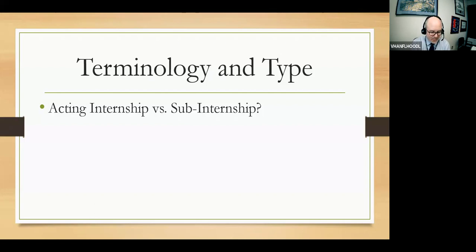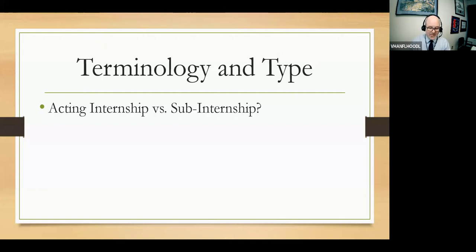lot more. I inherited the term subinternship at UF, but I'm actually working this year to try to change it to acting internship. And it may be semantics, it is semantics, I guess, but I occasionally have a student who the resident will relegate to an intern to work with. And something that's going to come up in this talk is that that creates a lot of problems, because you'll